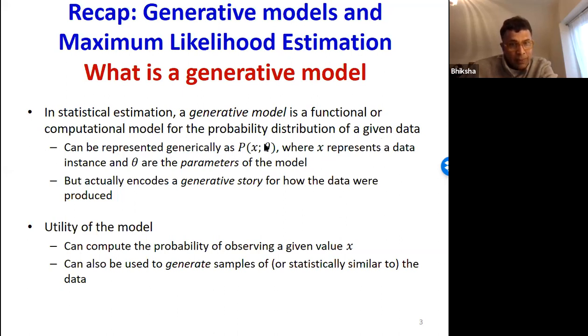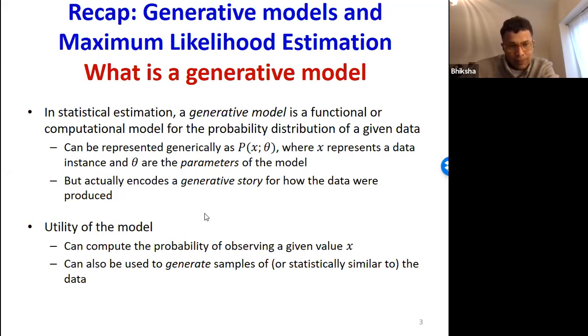We have P(x; theta). This is a parametric distribution function which models the distribution of the data. So the theta are the parameters of the distribution. Although this is just a little function which captures the distribution of the data as best as we can, it usually encodes a generative story for how the data were produced.